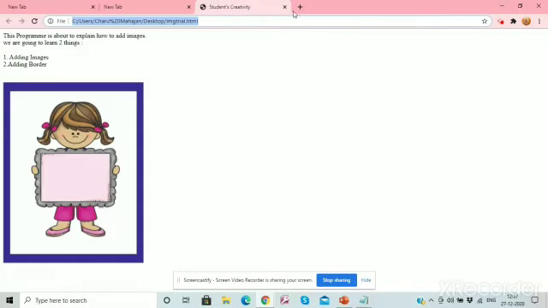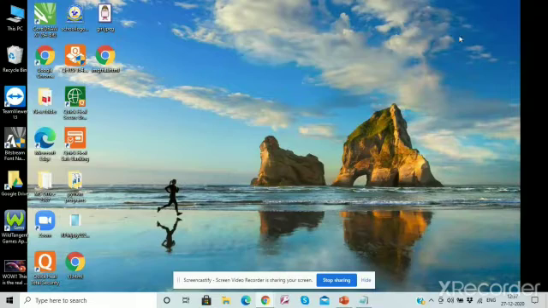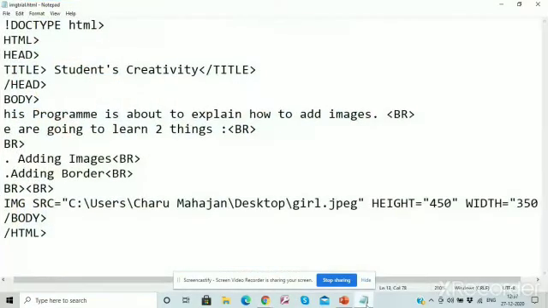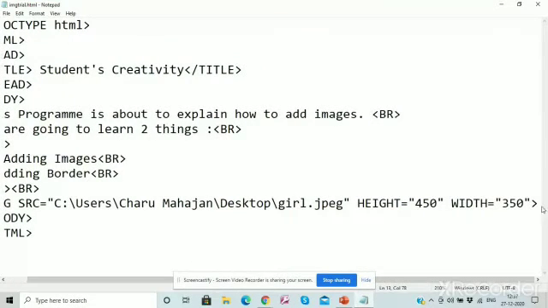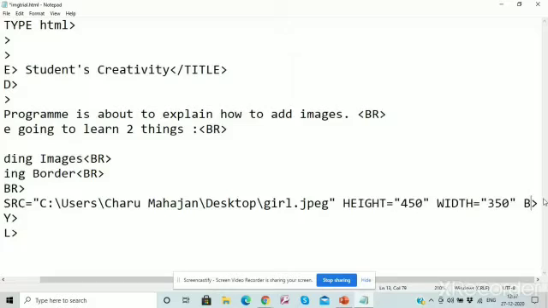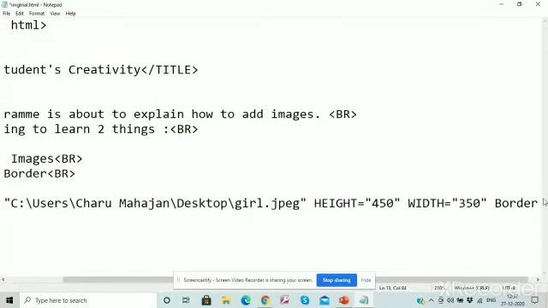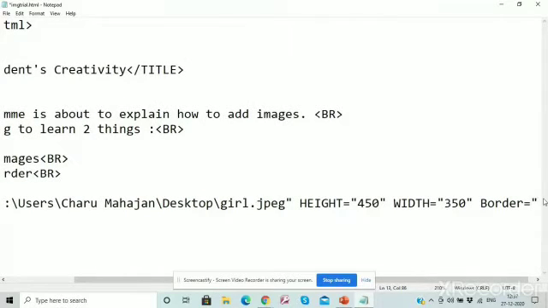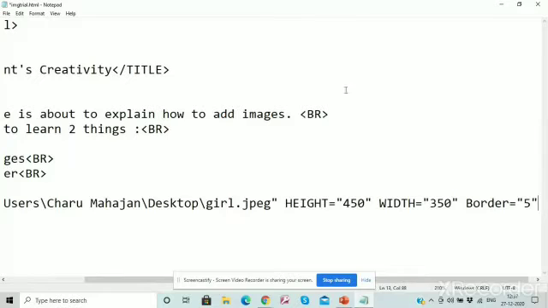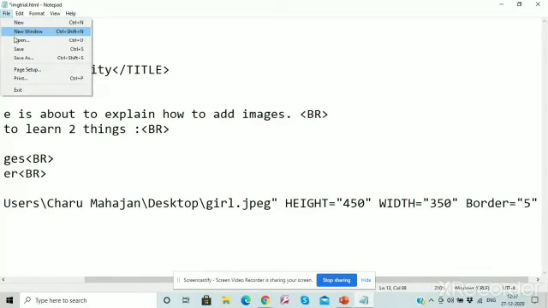Now we just do one more thing here. Sorry. We just open the file again. Here, what we can do, border. File save again.